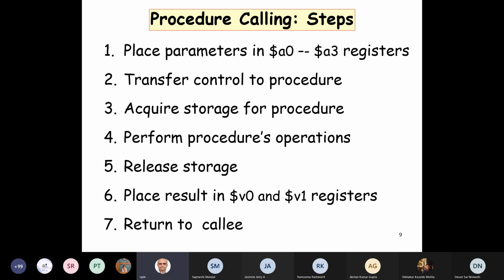But you may ask, sir, what happens if there are more than 4 arguments, etc.? Right now, we are looking at simple programming. Let's not burden our mind with more complex things. Let's understand this well. And then we can think of a function which has more than 4 parameters, which can be handled. But right now, let's not worry about that.